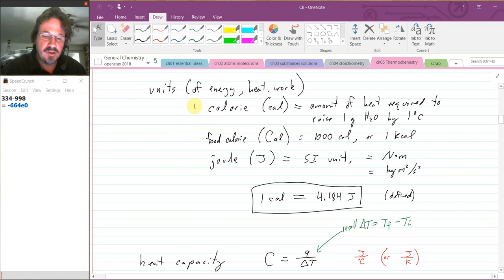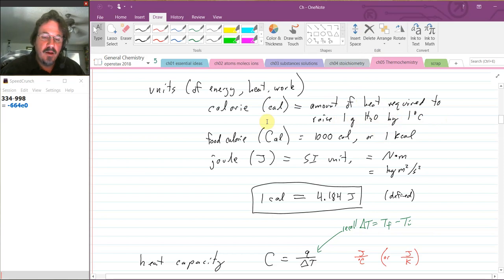One of the oldest units that we'll actually use is the calorie, CAL for the abbreviation, and that was defined back with water again. It said, if I have exactly 1 gram of water and I want to raise it 1 degree Celsius, how much energy would that take? That amount, or that chunk of energy, is what we call 1 calorie. So a calorie is defined as the amount of heat required to raise 1 gram of water by 1 degree Celsius. Good definition, we use it all the time. It's based